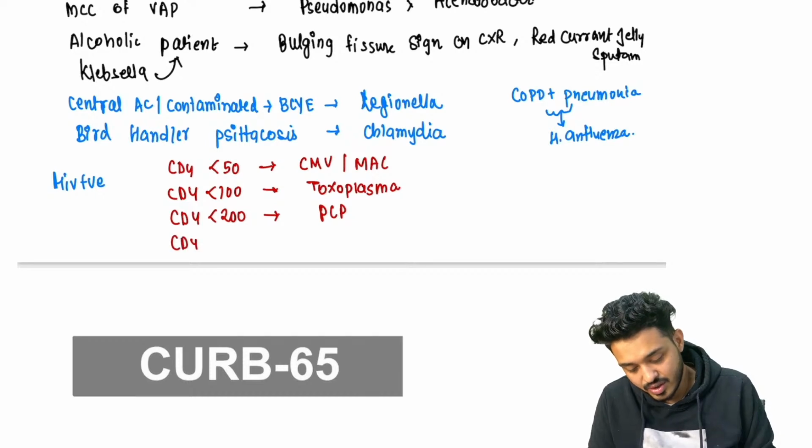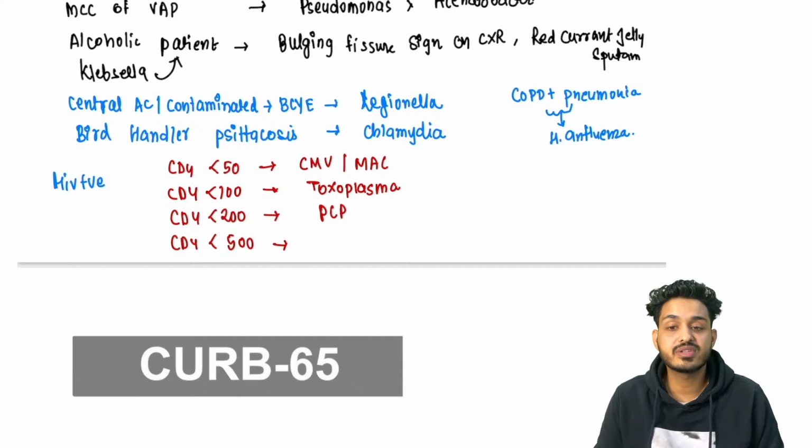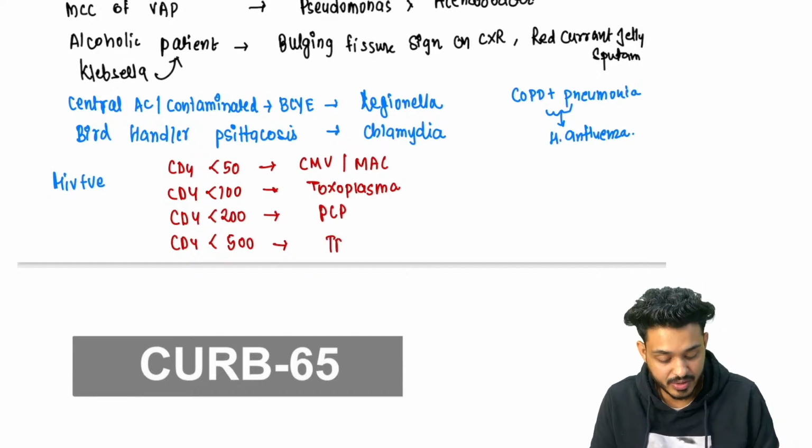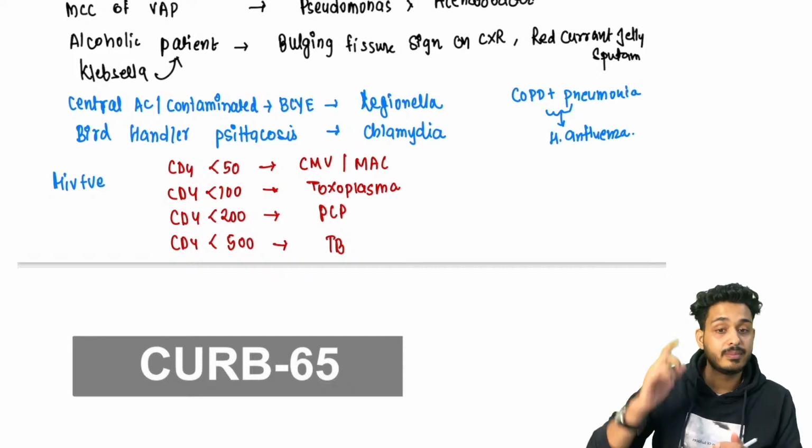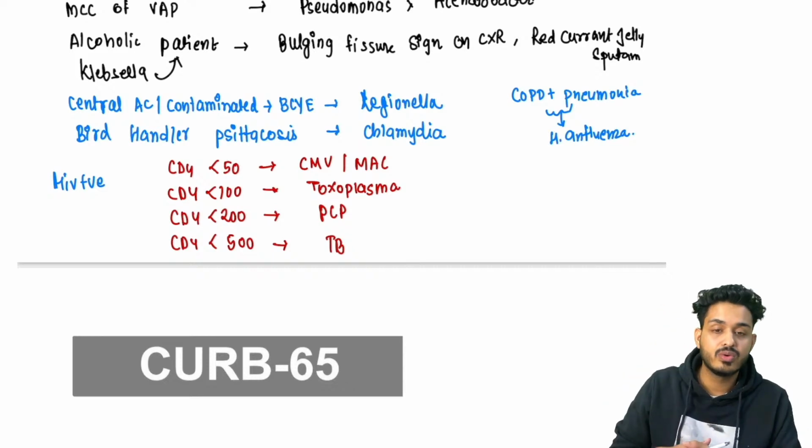If CD4 count is less than 500, the most common opportunistic infection that is going to happen is nothing but your tuberculosis. Apart from that, HIV positive patient with meningitis, that is going to be your cryptococcal meningitis,